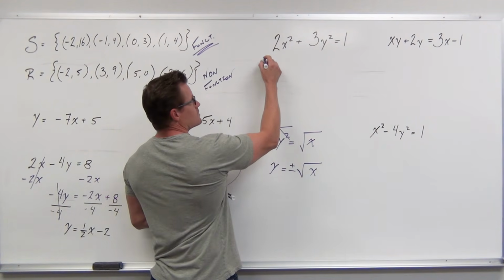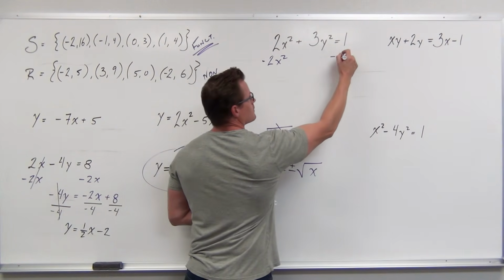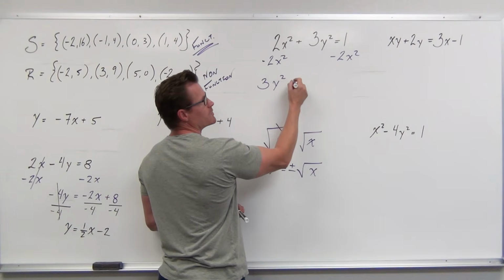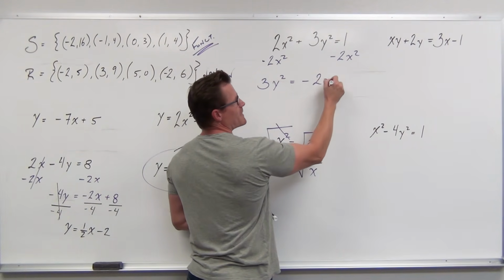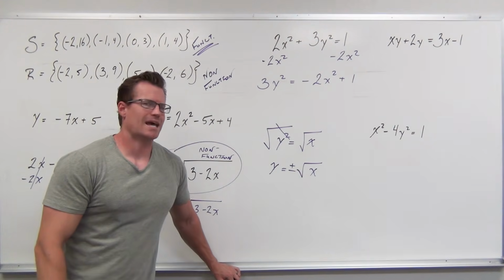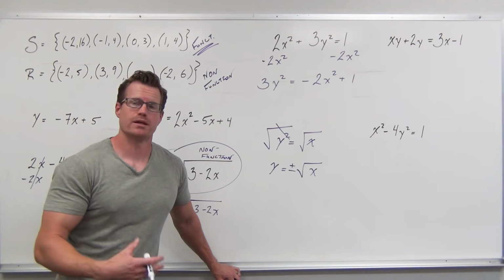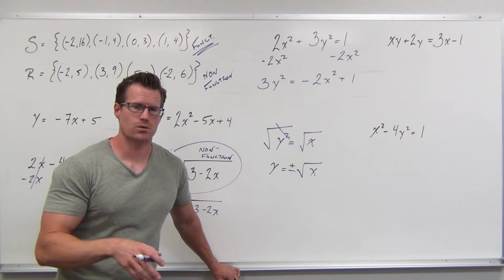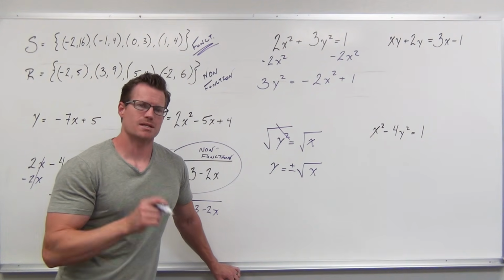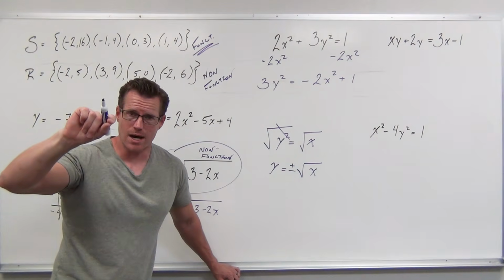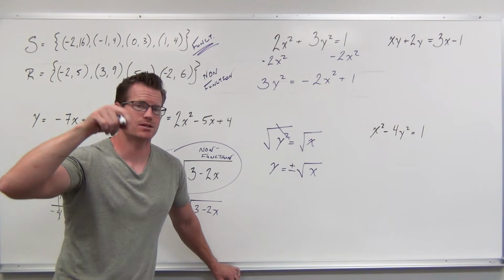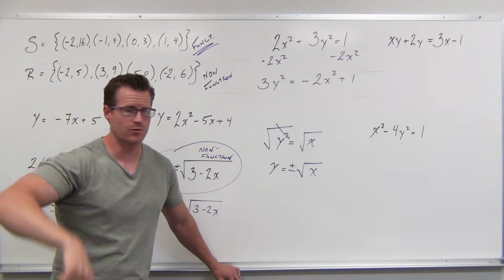But we're going to subtract 2x squared on both sides. By the way, the reason why we're doing this right now is to make certain that we're not making little bitty errors when we're solving things. For instance, we cannot take a square root right now without getting rid of that 3 in front of the y squared. Don't do it. I see it all the time. I see people try to take a square root. It doesn't work because that power 2 is associated only with the y and not with the 3. There's no parentheses, and therefore you can't distribute that power 2 onto that coefficient. So we